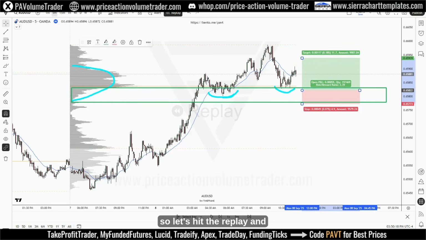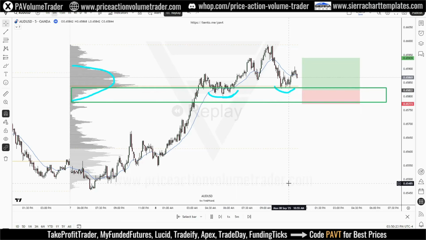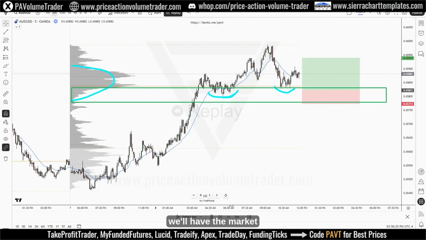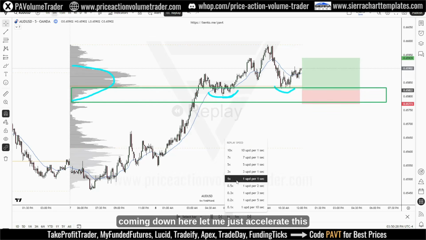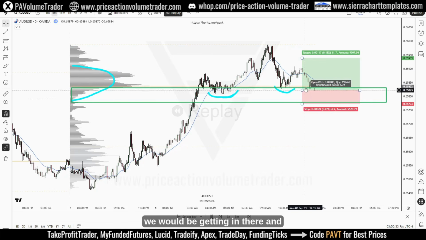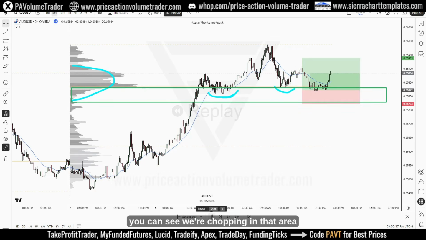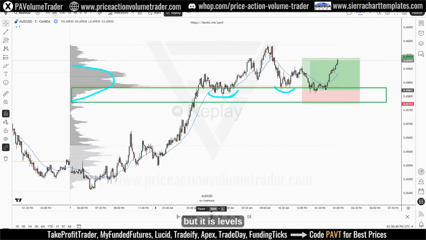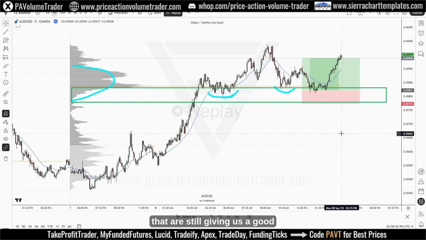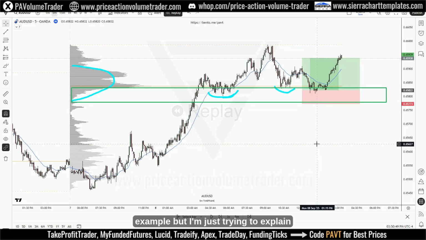So let's hit the replay and let's just keep playing. And we'll have the market coming down here. Let me just accelerate this. So we would be getting in there. And you can see we're chopping in that area, but it is levels that are still giving us a good support. Now, obviously, I know this is a hindsight example, but I'm just trying to explain to you the mindset